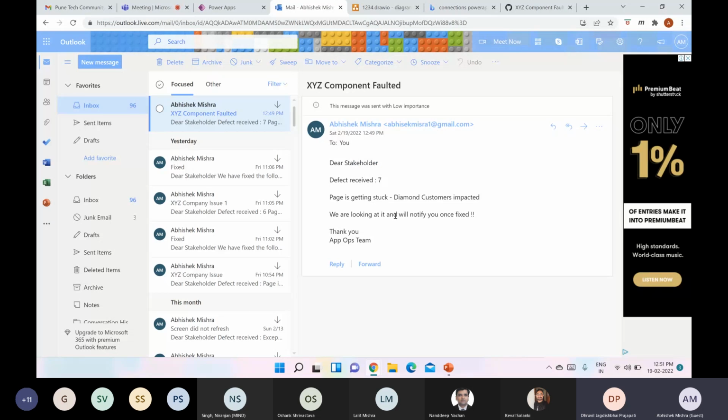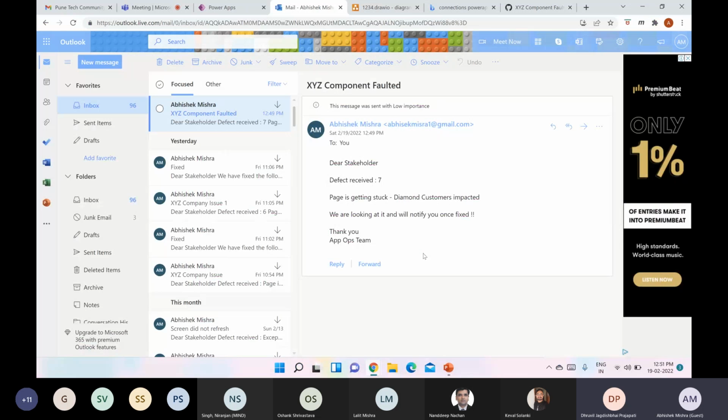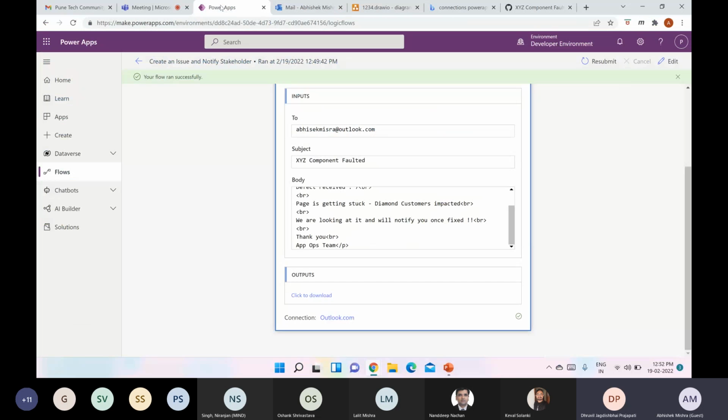Okay, let me go back. Now let's work on the next flow. What we have achieved is we are now done with this part. From the Power App we triggered this. Now a developer fixes it, and again the mail should be flowing to the stakeholder. As of now I'm using my mail ID, like I am the stakeholder and I am the developer, but in real time you should be doing it for your stakeholders. So let me go back to the flows,